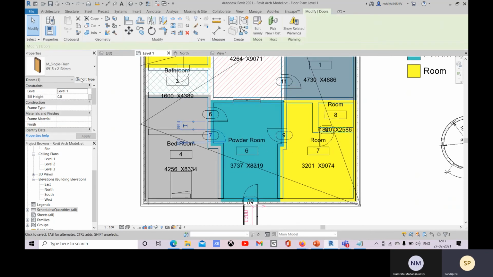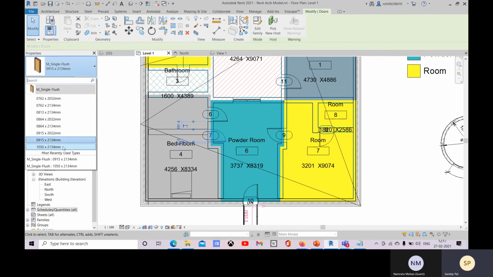Now let me change this category if there is any other. Let me load some families and change this type.